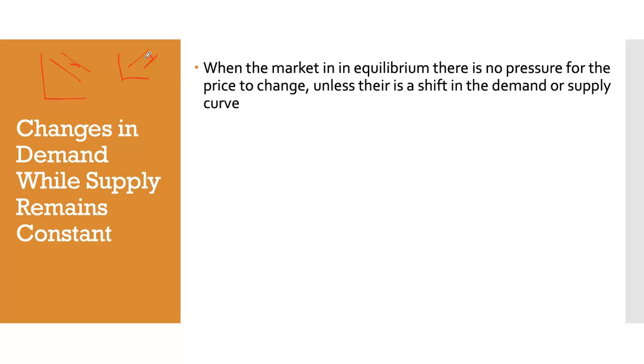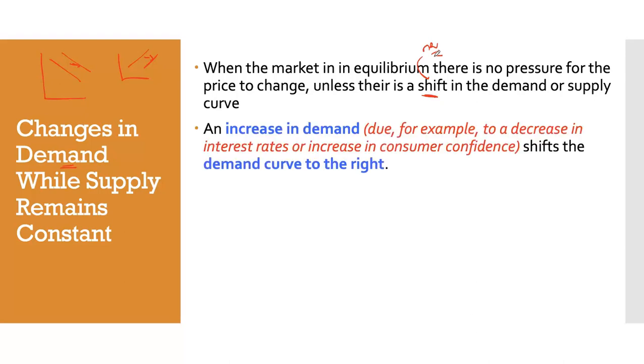So the first one we're going to think about is demand. What happens when there is a change in demand, but supply remains constant? When the market is in equilibrium, there is no pressure for price to change unless there is a shift, so a new demand or supply curve. So what happens if there is a new demand curve? An increase in demand results in the demand curve shifting to the right. So for example,